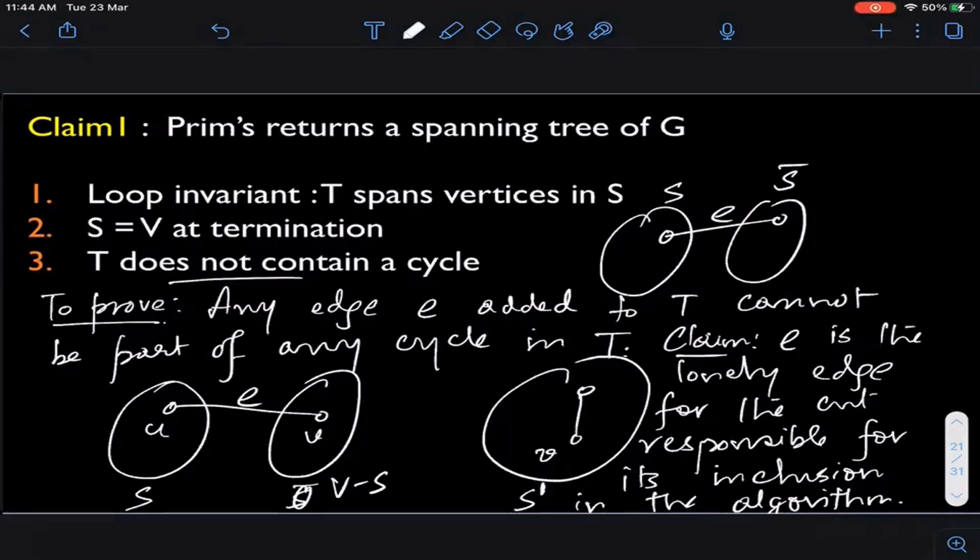Okay, just go over this once more. I think it needs a bit of a digestion, but hopefully it will make sense. Okay, once you go over it 1 or 2 times more. Okay, so what I will do is for 5-6 minutes, I will set up the next proof. We cannot complete that one, and in fact that is the more important proof in some sense. ये तो थोड़ा सा intuitive सा था, but हमने formalize कर लिया. But the other one is not at all obvious, that why this should give me the minimum cost tree. ठीक है? So let's just set it up.